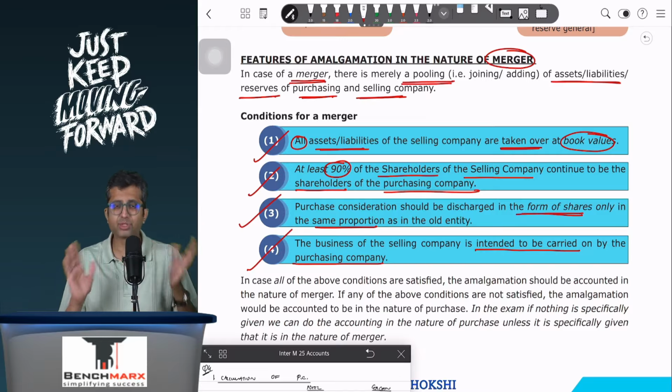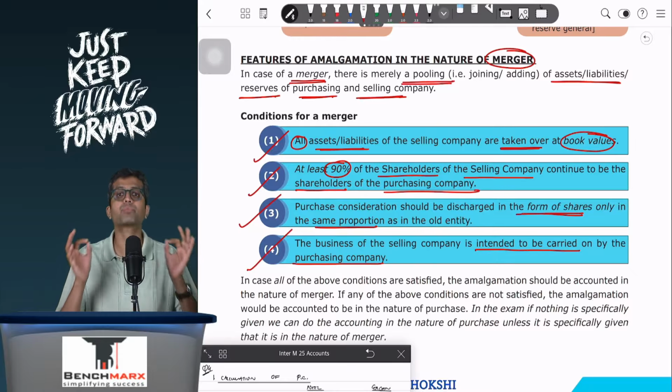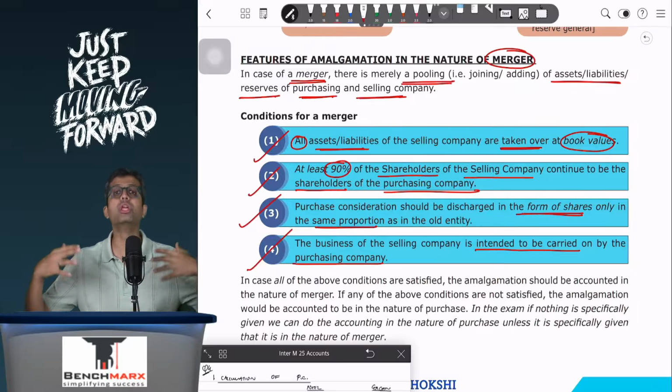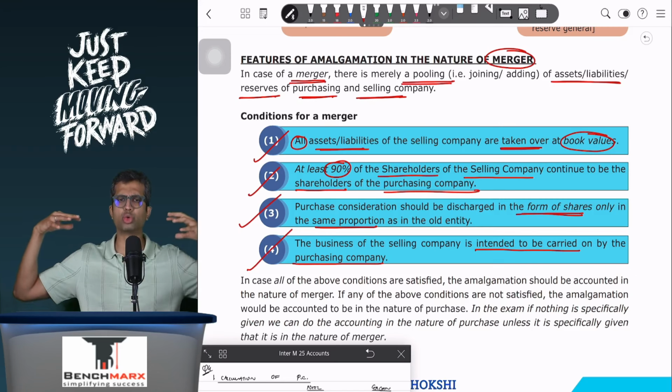So the difference between purchase consideration and net assets in case of an acquisition method or a purchase method will be taken to either goodwill or to capital reserve. Are we clear with this? However, if it is a pooling of interest method, you are just joining two of your subsidiaries, they are just